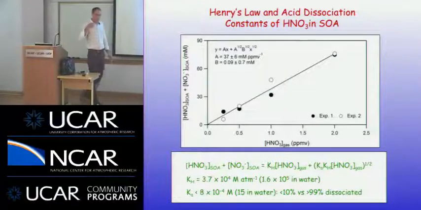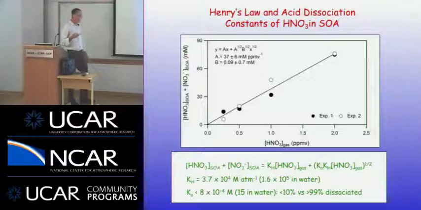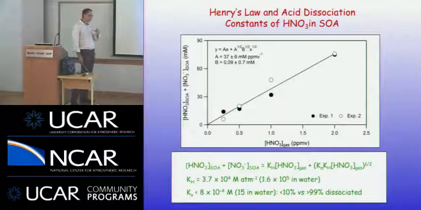And so in fact, if we extract from this curve, we can get that the Henry's law constant for uptake of molecular nitric acid into the particles is as shown here, roughly 4 times 10 to the 4 in these units. And interestingly, it's almost the same as water, right? But this is when you're talking about nitric acid partitioning into water as a molecule and doesn't account for the dissociation part,